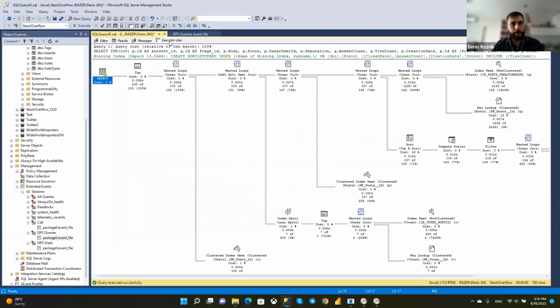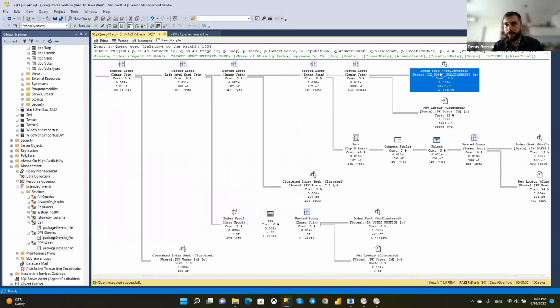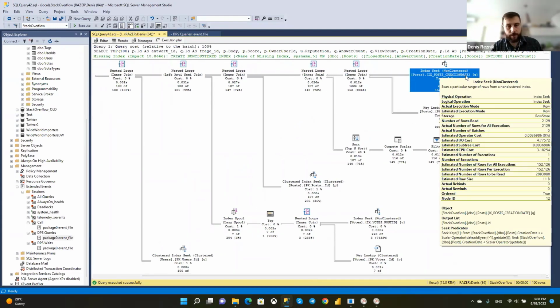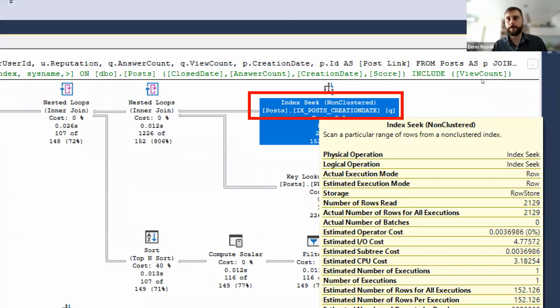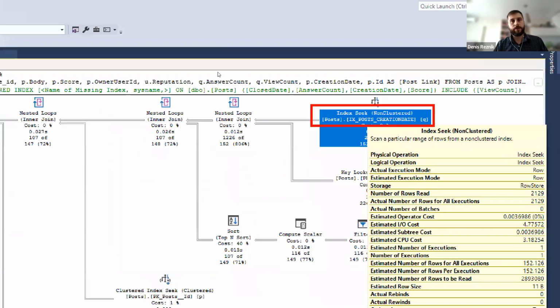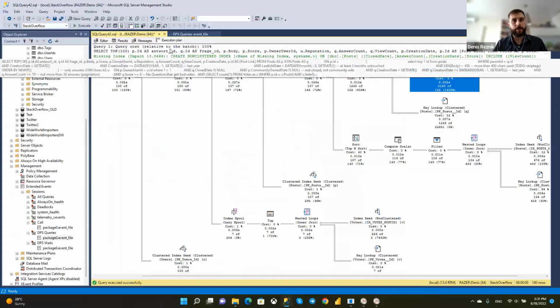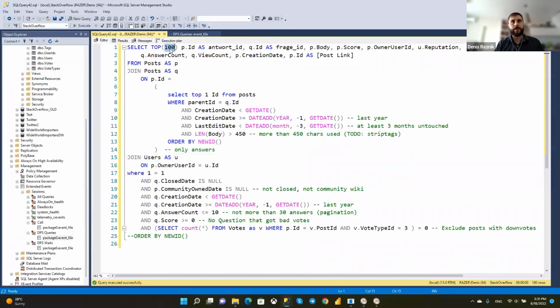When we check the query plan, we will see that SQL Server is taking data from table posts, creation date. What if we show top 100 not random results, but top 100 latest results? Will it change something?